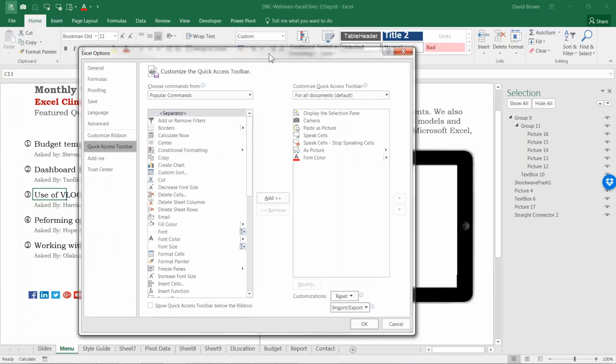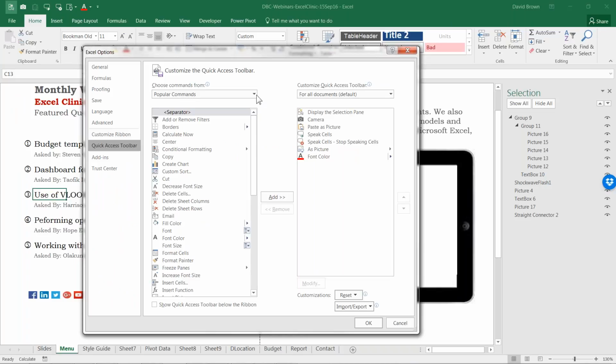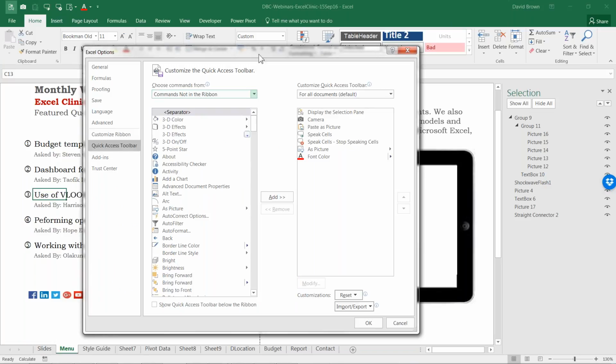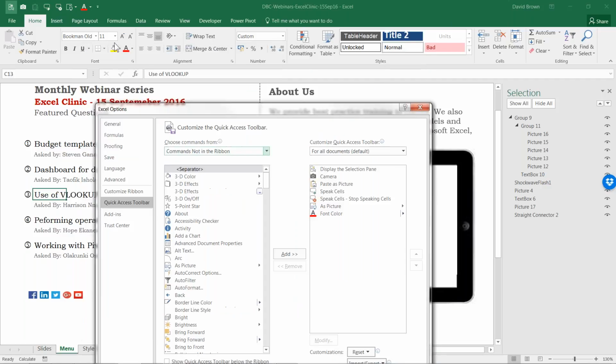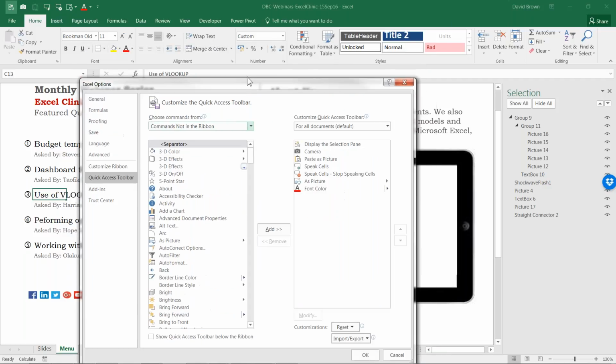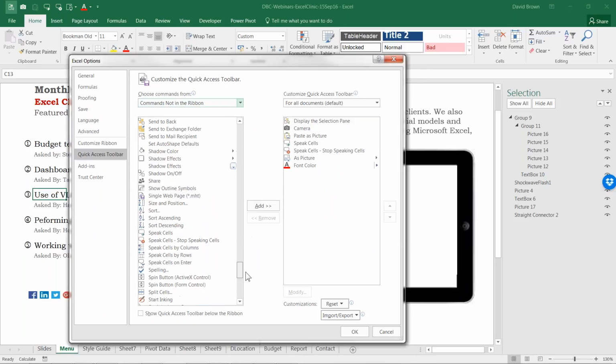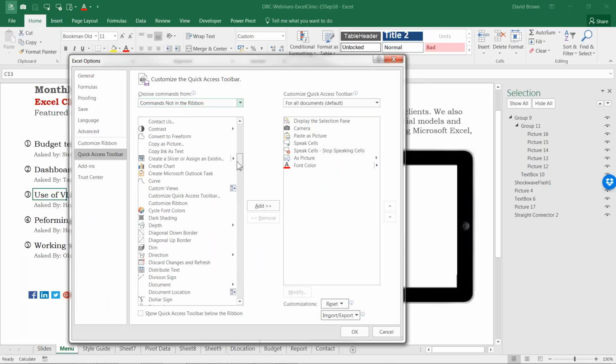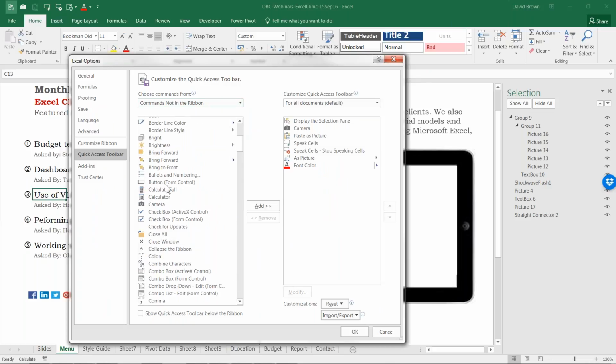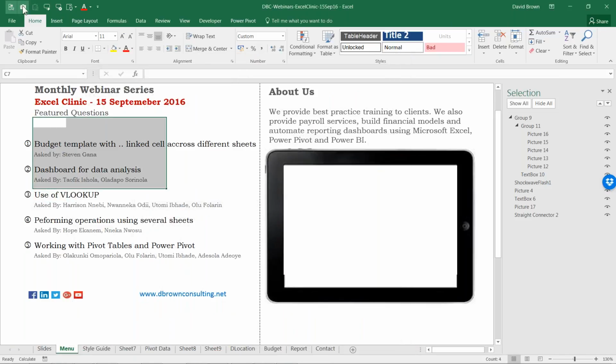There are some commands in Excel. If I come to the top here and say commands that are not in the ribbon, these are various things Excel can do that you probably never knew of, because they didn't qualify to be shown in the ribbon. Not everything can be in the ribbon, but Excel is such a robust tool that it can do all of these things. So all you need to do is look for Camera. Once you find it, click Add. Once you add it, it comes in here. Then once you click OK, you will have it available to take live pictures.